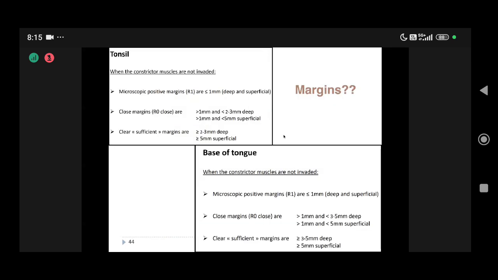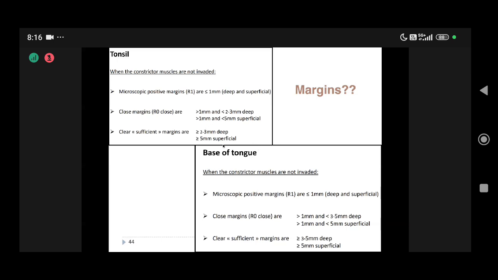And one of the most contentious issues for oropharyngeal resections using transoral robotic surgery has been the margins. Classically, as surgical oncologists, we have all been taught that 1 centimeter is the sacrosanct margin that we need to take for any oral cavity resection. But the problem with oropharynx is that the anatomy is such that it's almost impossible to take 1 centimeter clear